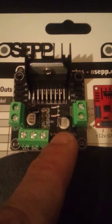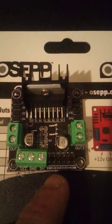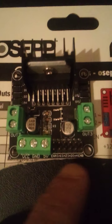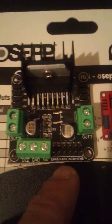You're just turning that on, saying, hey, I got 5 volts in, or I got 12 volts going in. I'm just gonna turn this on when I jumper it. So you would just go jumper to it. Now be careful with these enable A and B here. For 1, 2, 3, and 4 to work. So 1 and 2, if you want it to work,